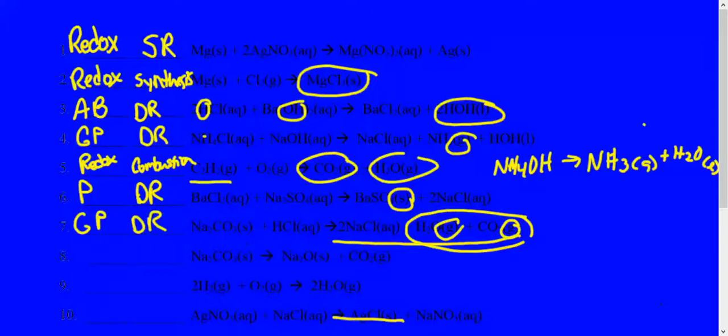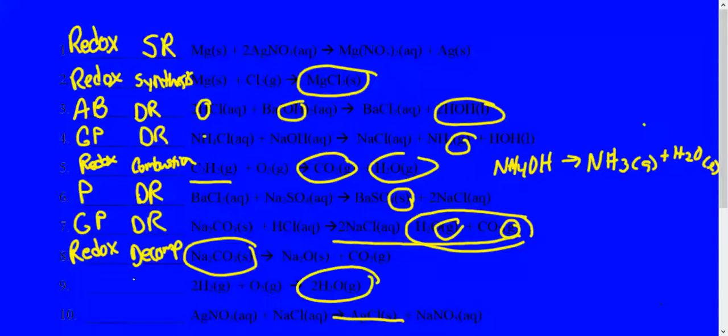This one only has one substance breaking down into two or more, so that is decomposition. And since it's not double replacement, it's redox. This one you have two substances adding to one, so that is synthesis. And since it's not double replacement, it's redox. This one, you have two reactants and they change partners, so that is double replacement. We have to determine what kind. Since that